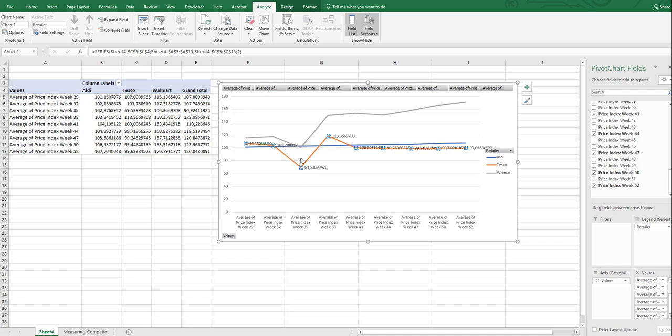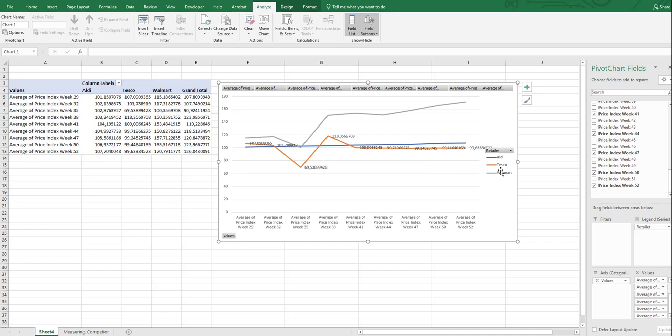But then on week 35, Tesco really go down and Walmart as well, although Aldi kind of stays steady the whole time, doesn't react to the competition. Maybe we forgot to see ourselves against the competition. So yeah, I did something most likely wrong. We need to see in the data for which products